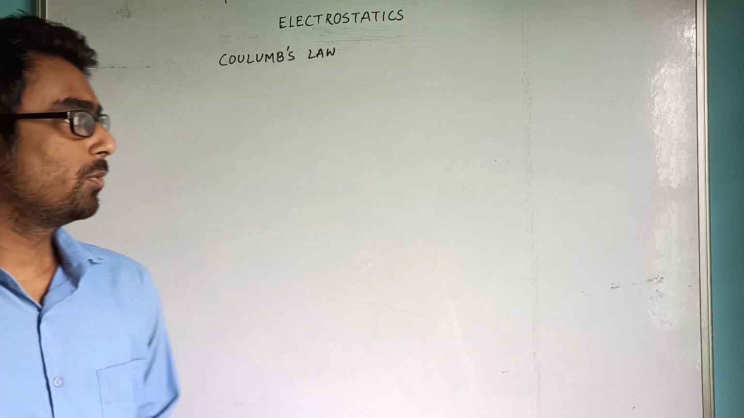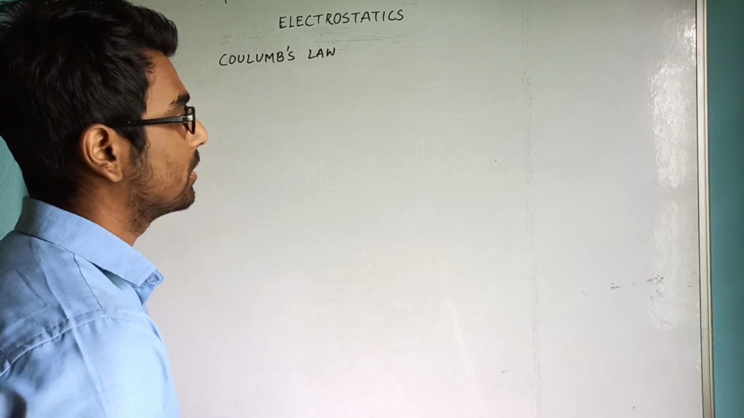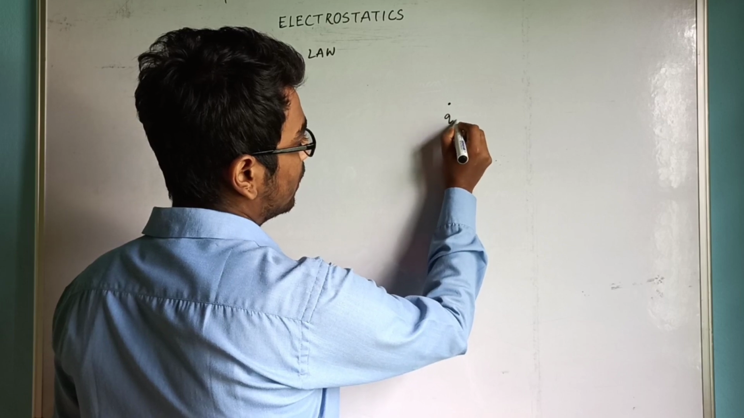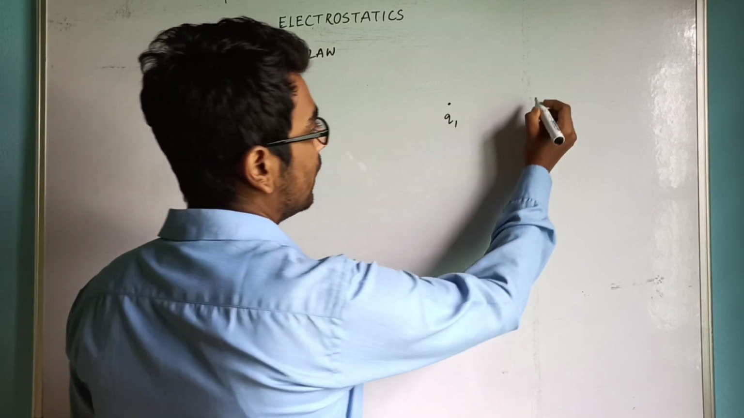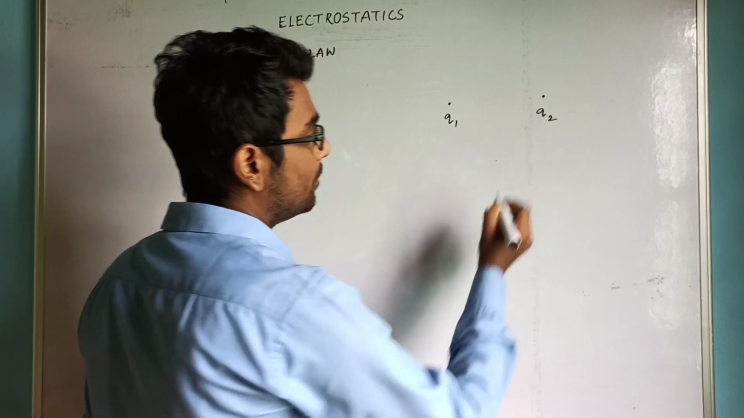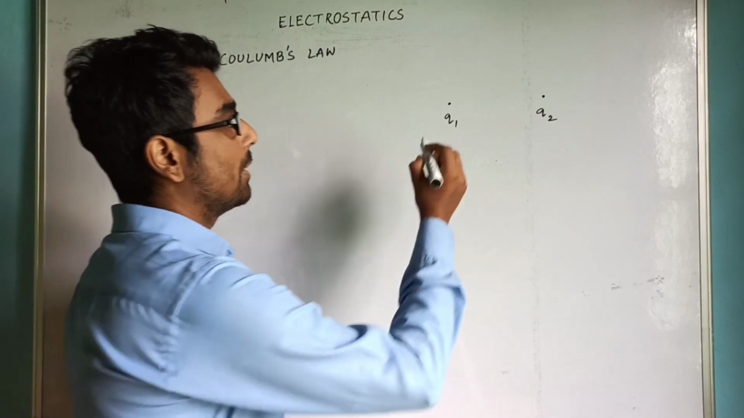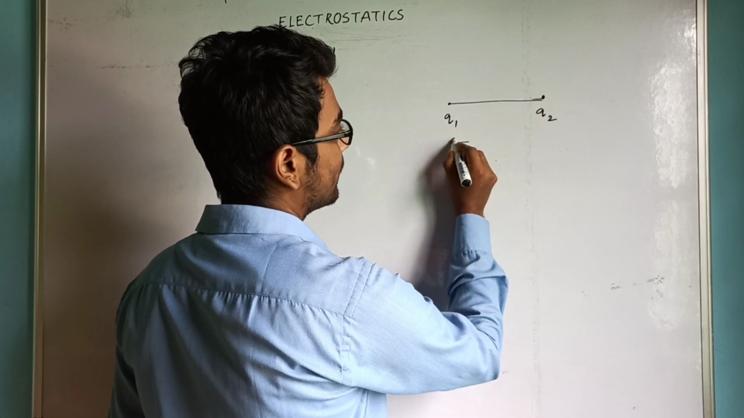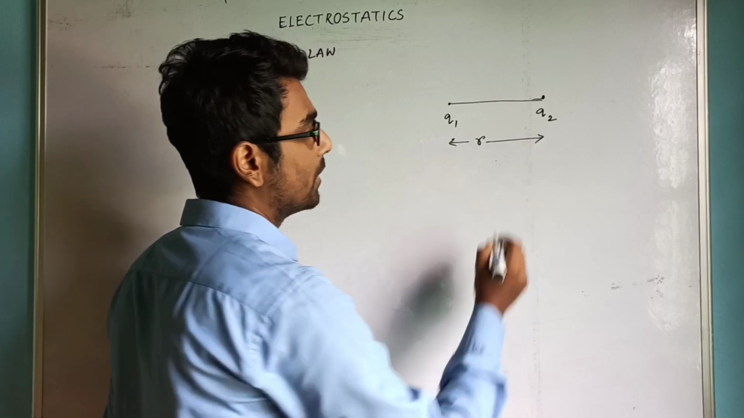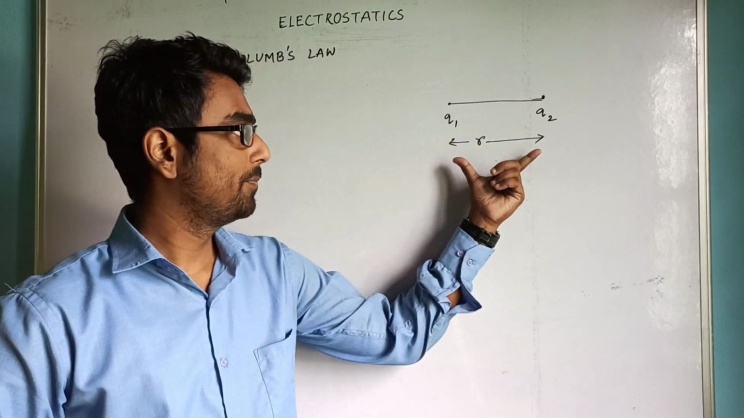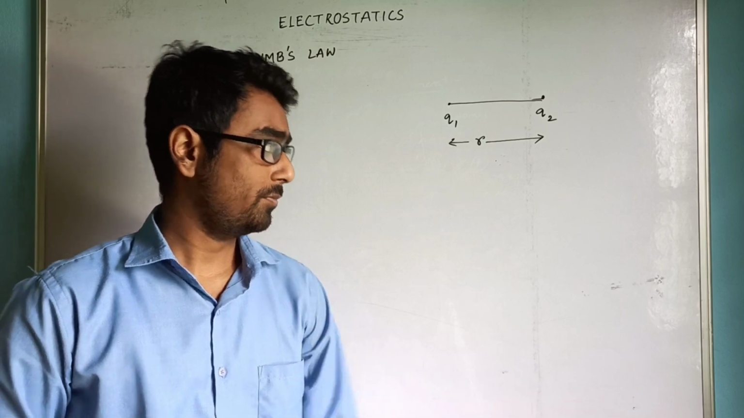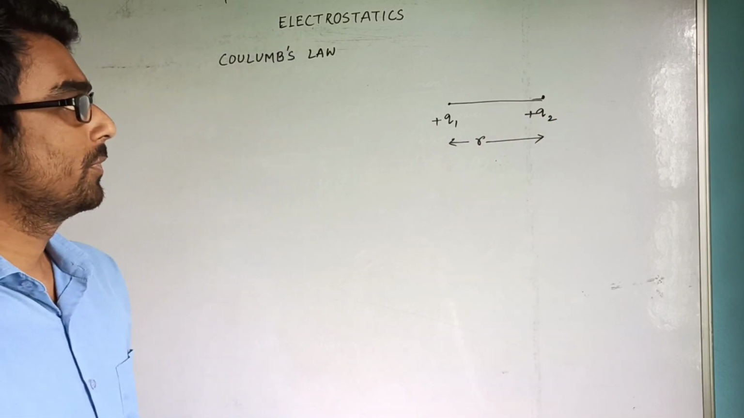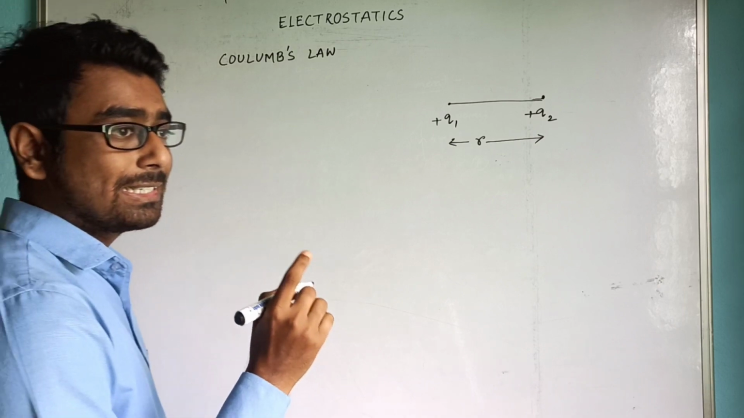Suppose let us consider Q1 with a positive charge and Q2 with another positive charge separated by a distance, suppose small r. Small r may be the distance between both the charges, and the charges are taken, suppose, positive. So Coulomb's law states that